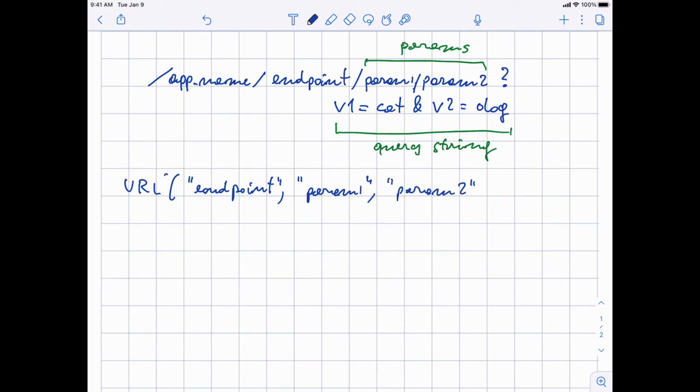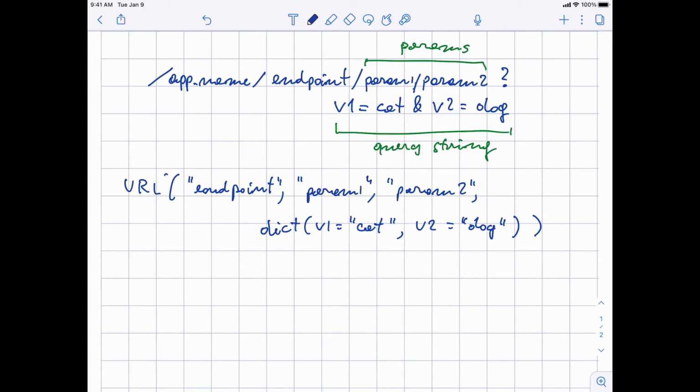I mean, here I put string literals, but obviously this can also be variables that contain the string, right? And then you say dictionary, in which v1 is equal to cat, and v2 is equal to dog. Okay, so this URL helper would generate the URL above.